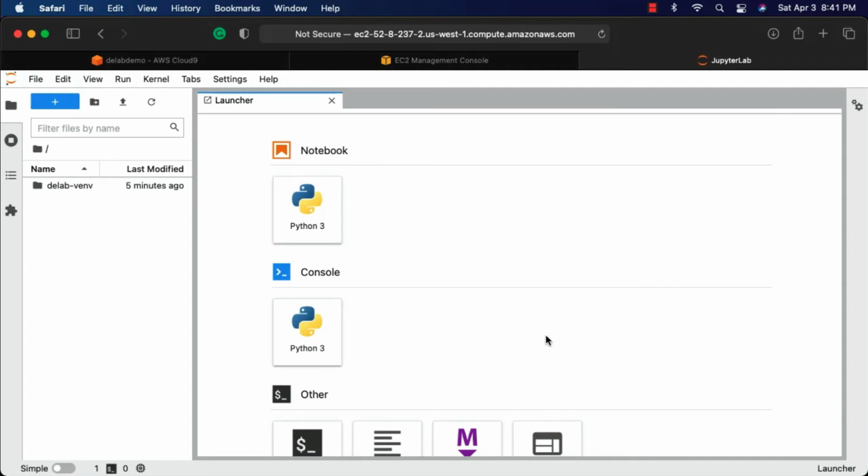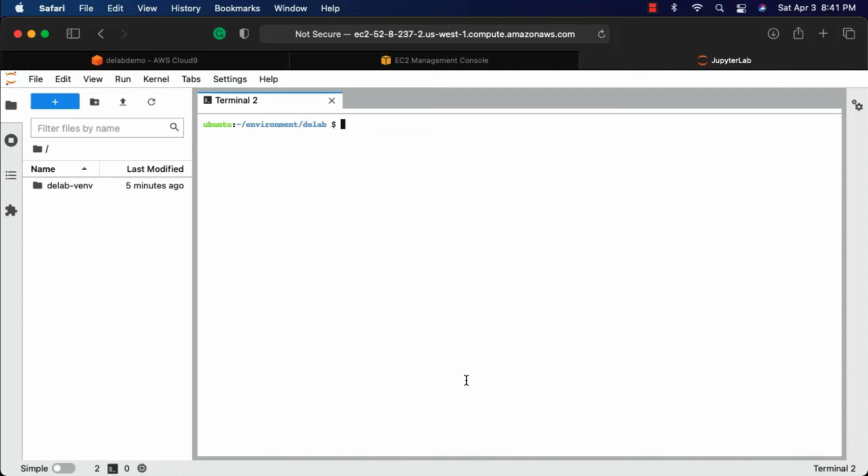If you want to access the terminal, you can actually click on this to open the terminal. You should be able to run all your Ubuntu commands in this because our Cloud9 instance is running using Ubuntu as operating system.